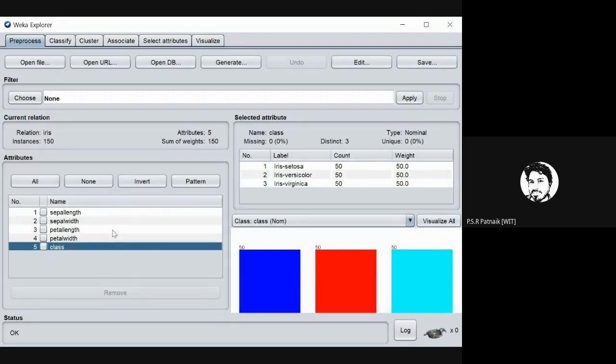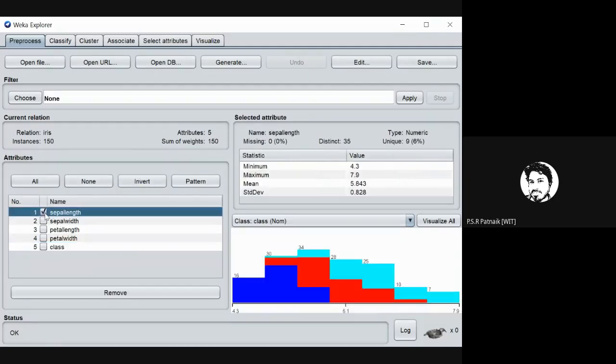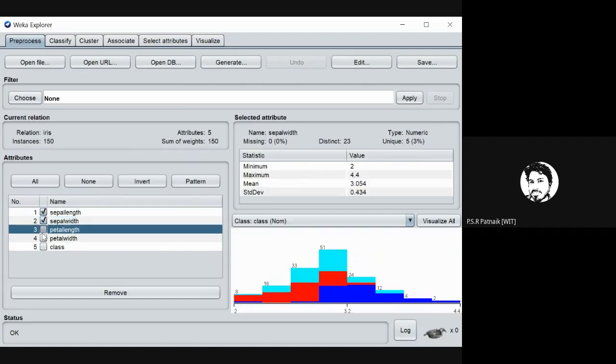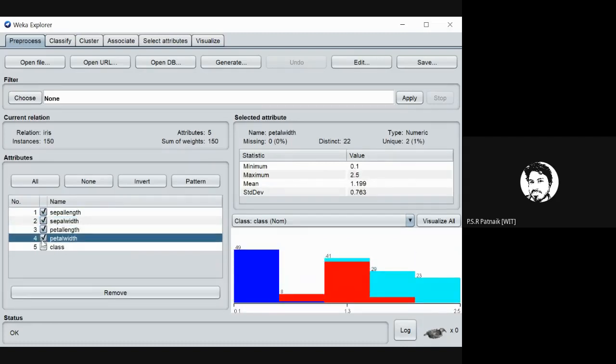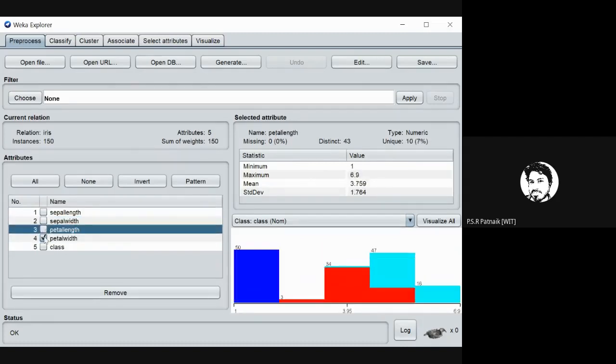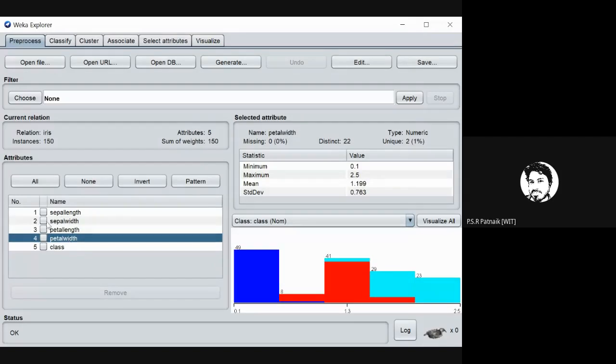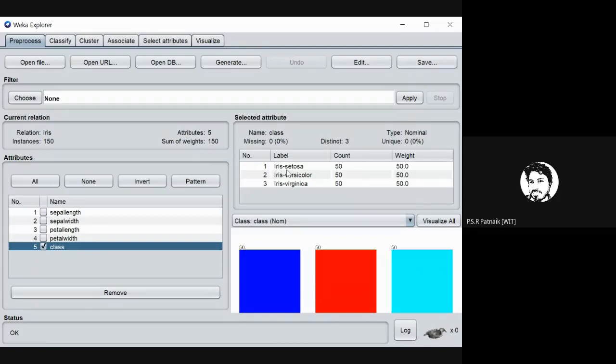So, remember what I want. I want to write a Java program to which I will be providing sepal length, width, petal length, and petal width. And my Java program has to predict, based on the given measurements, what the measurement most likely belongs to. Does it belong to the setosa kind of iris flower, or versicolor, or virginica? This is what my Java program has to do.